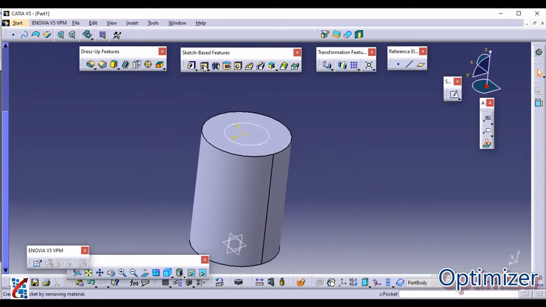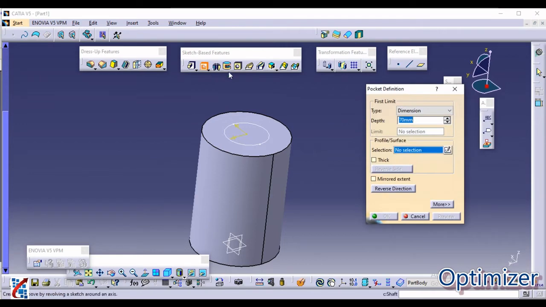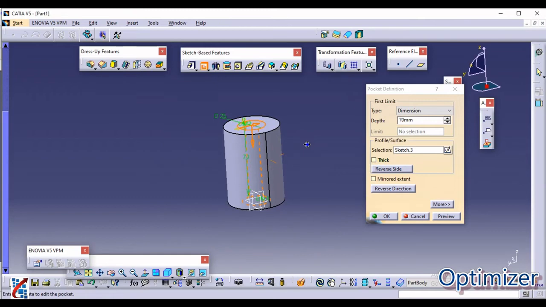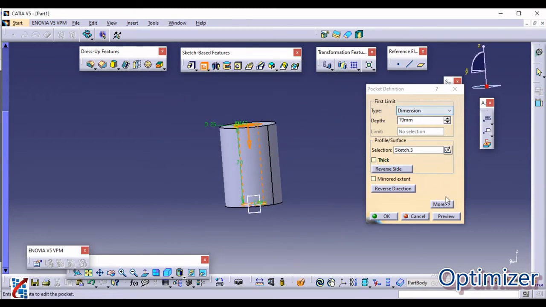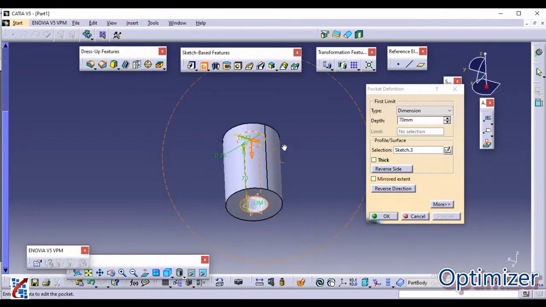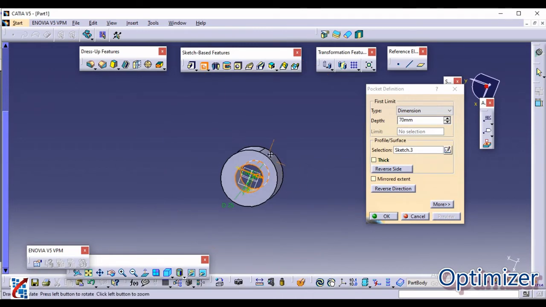Now we can apply the pocket command. Click on pocket, and here you need to select a sketch. I am going to select this sketch. Now dimensions: as we know, if you add a dimension up to 70, the material will be removed like this.